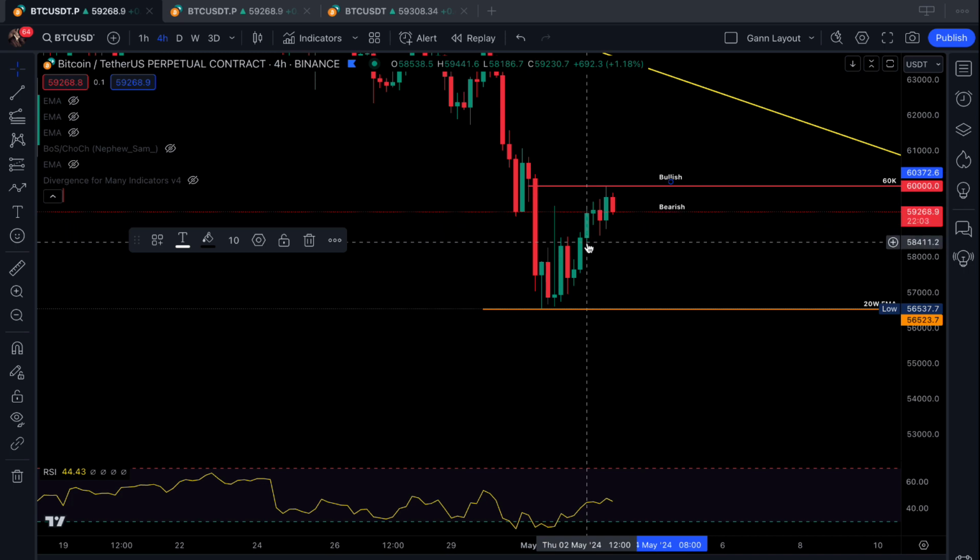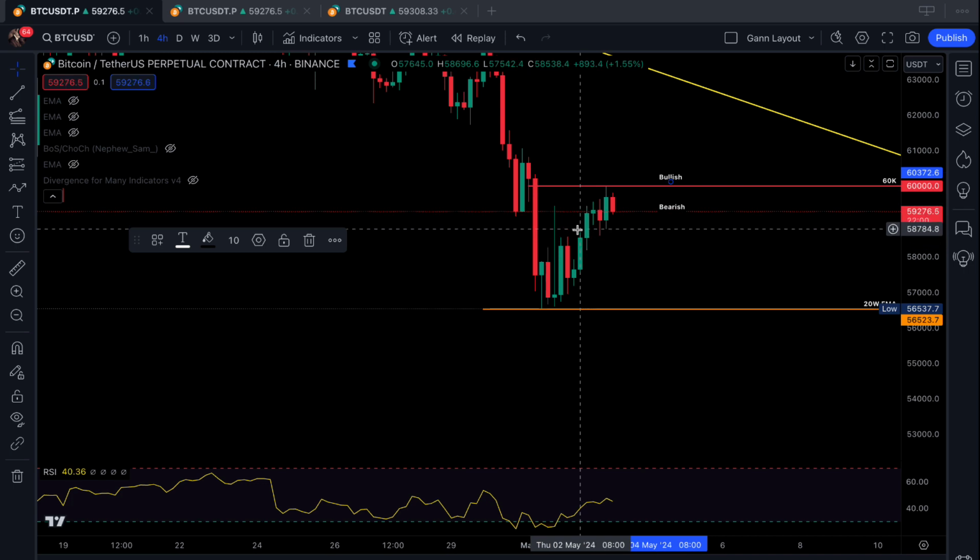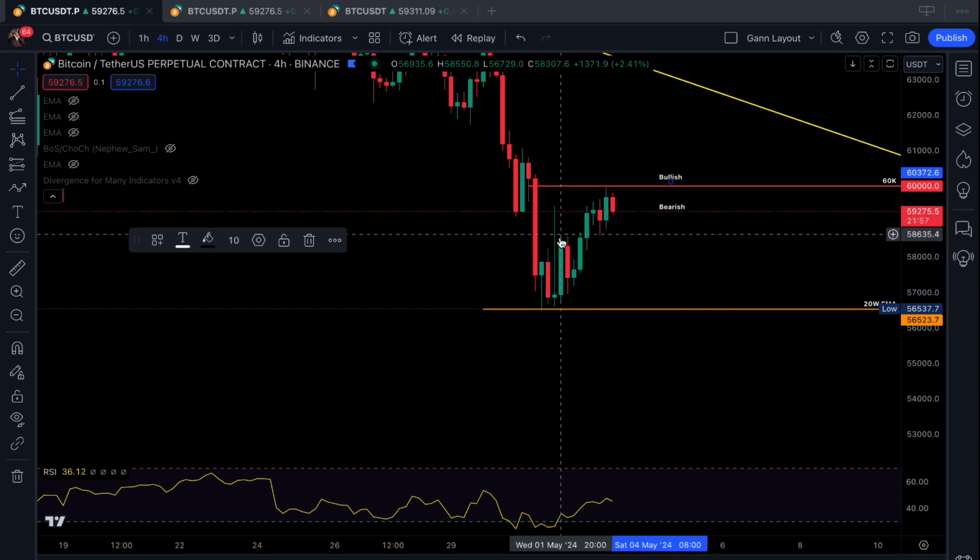If Bitcoin loses the 60K mark, especially let's say if it loses the 59K level, so below 59K, I will be inclined to believe that we are pushing for lower prices. If it gets above the 60K, holds the daily candle today above 60K, holds the weekly candle above 60K, then we are going for higher. If it loses the 60K mark, then I will be inclined to short Bitcoin, and in that case I will expect much lower prices.